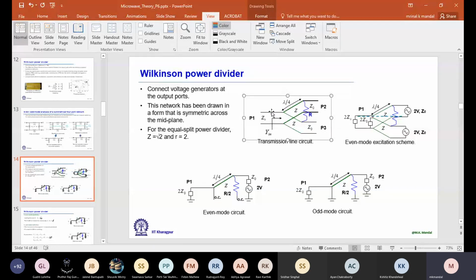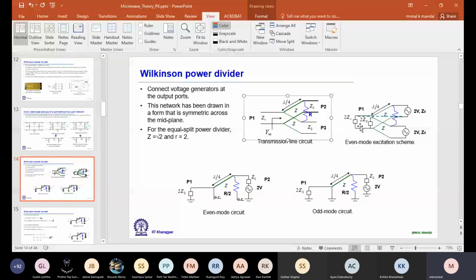So how are we doing that? Let us apply the signal from the output port, +1 volt, -1 volt. That would be easier. And Z0 we represent by the parallel combination of twice Z0. If I bisect Z0 and replace it by the parallel combination of two twice Z0, I'm not disturbing the circuit at all. Performance remains the same theoretically, right? But what is the advantage? Now we have a plane of symmetry. You have to imagine a little. Where is the plane of symmetry?